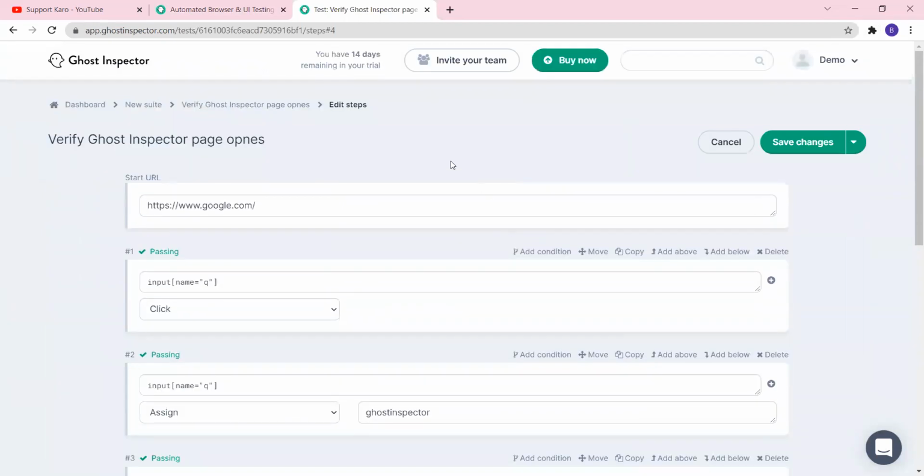So this is the way you can create an account on Ghost Inspector. You can install test recorder in Ghost Inspector, and you can create the test cases on Ghost Inspector. So in this video,